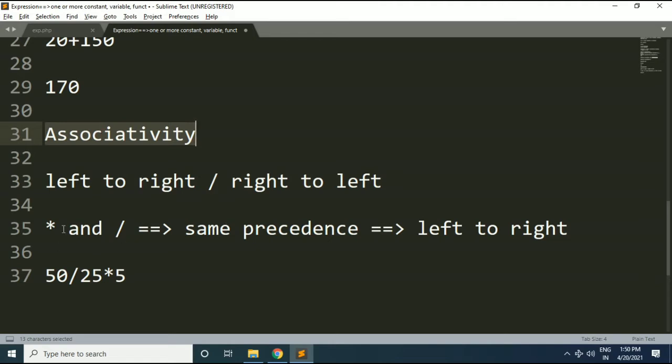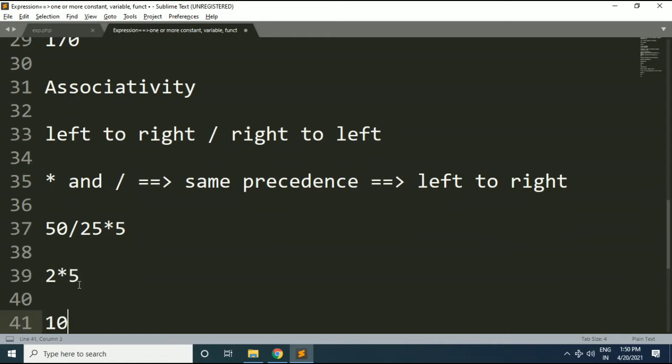First of all, we will evaluate 50 by 25, because whenever we have same precedence operators in an expression, we evaluate them from left to right. So first we evaluate this result, which is 2, and then we multiply it by 5. So the final result is 10. This is called the concept of operator associativity.